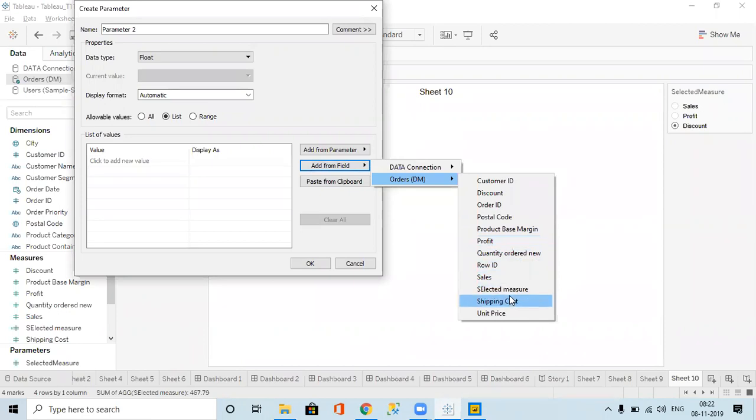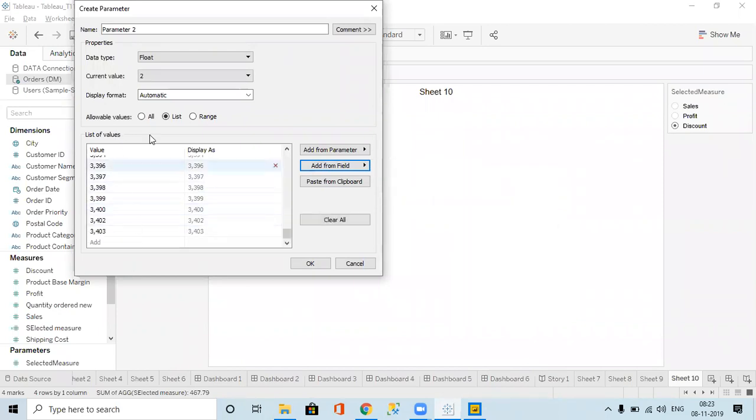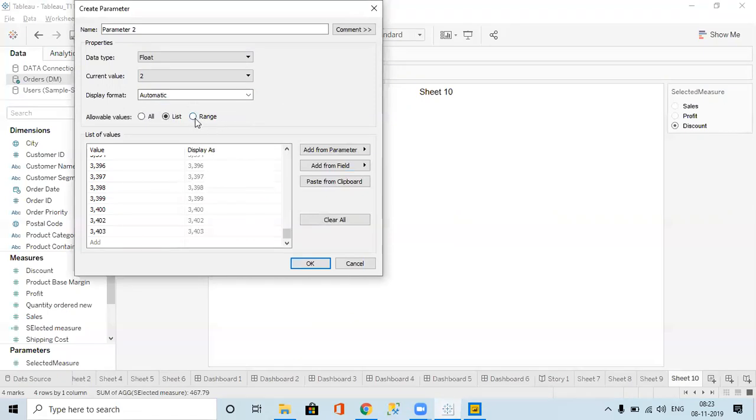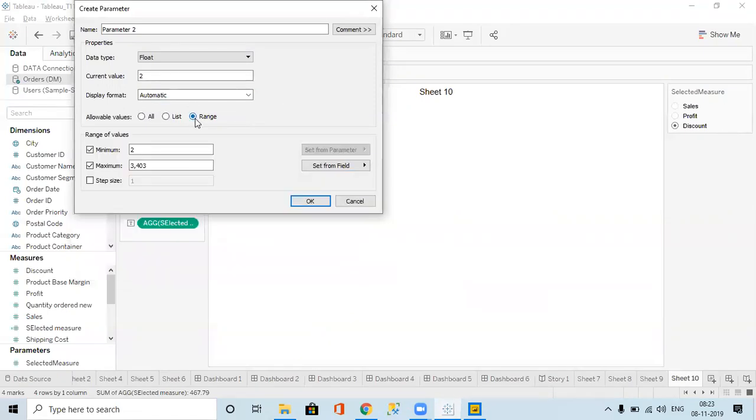So these are the fields showing up. For example, if I add Customer ID, we will get all the customer IDs in the parameter. But we are adding it now, today. If one more customer ID comes later, it will not be added dynamically. That is one thing you want to understand. Or we can give the range also, from which range to which range we want to add.